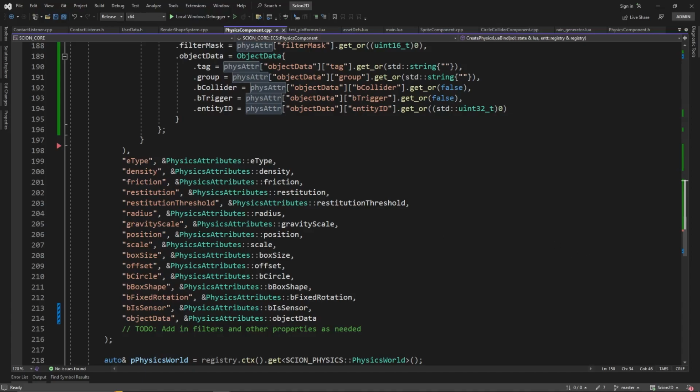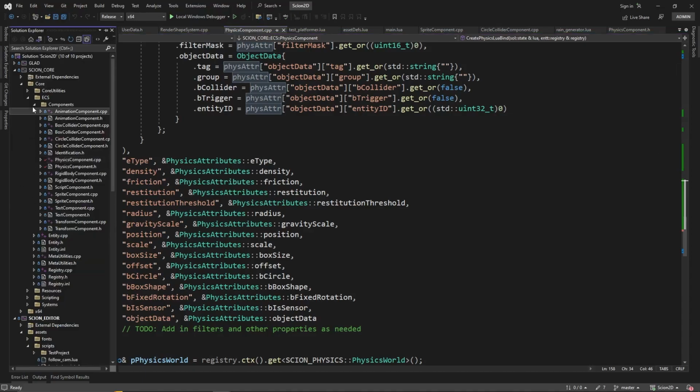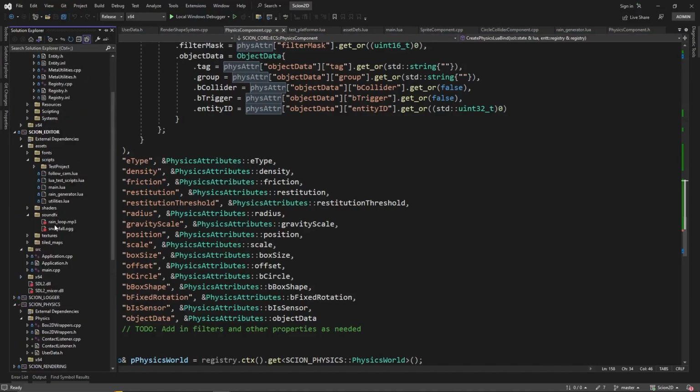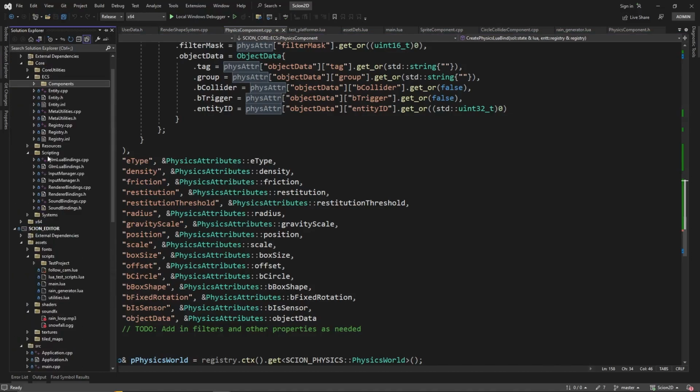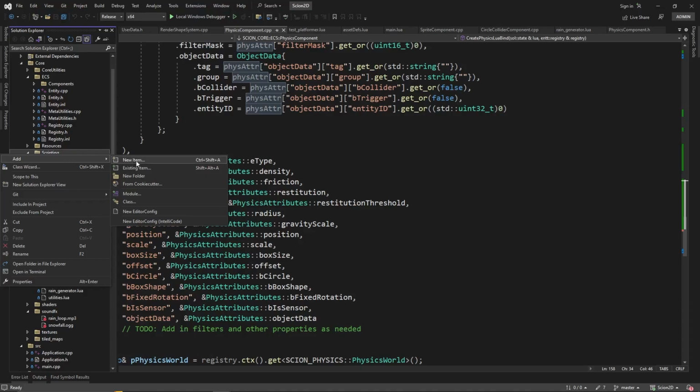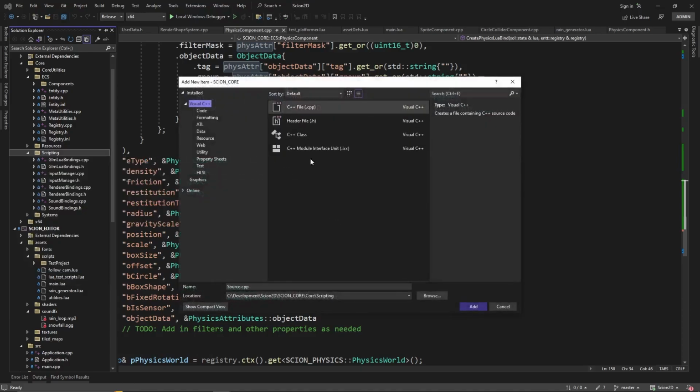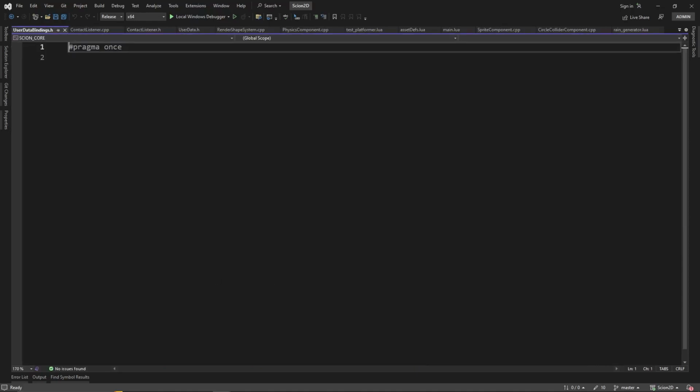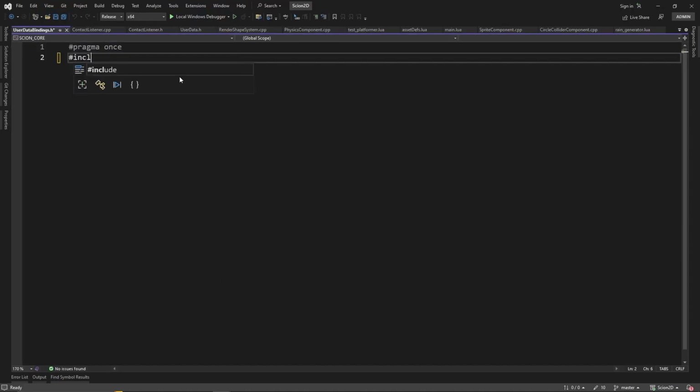Okay, but now that we're done with that, we can actually start doing our user data bindings, and we can do this in the scripting folder. So let's go there now. Go over here to our scripting, add this in, new header, user data bindings.h. So what we're going to need to do here is include sole,